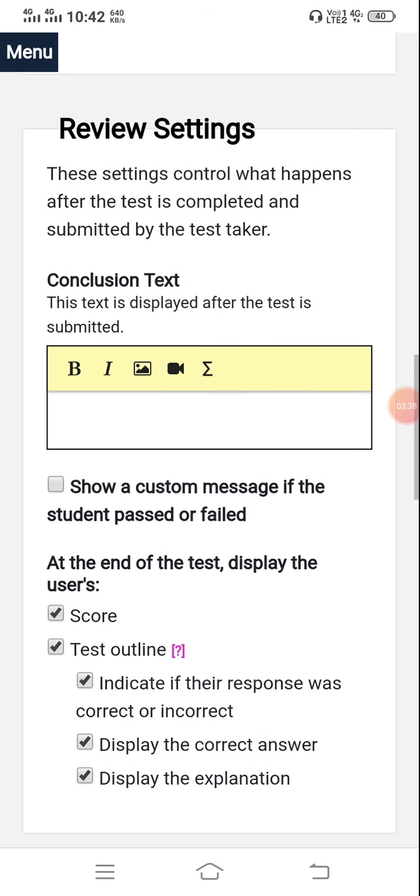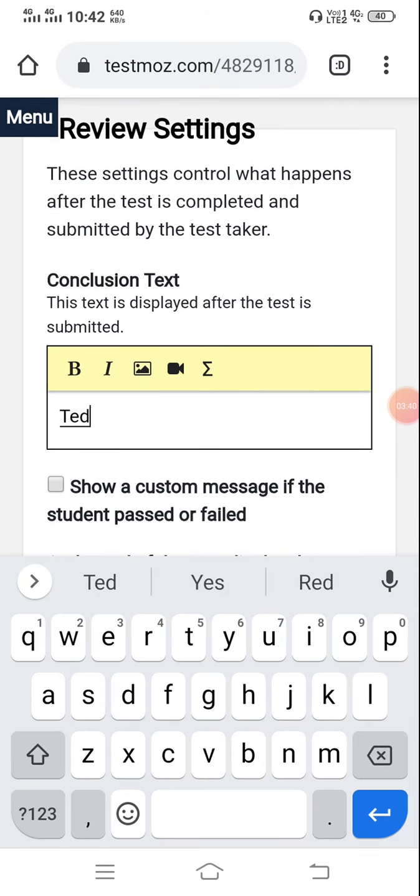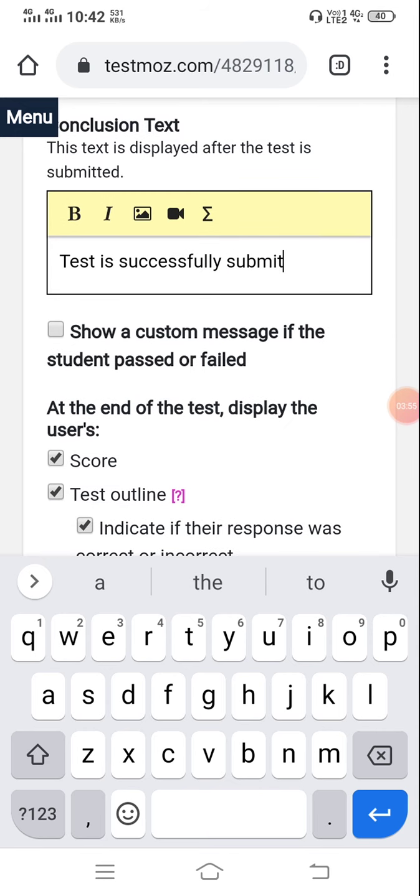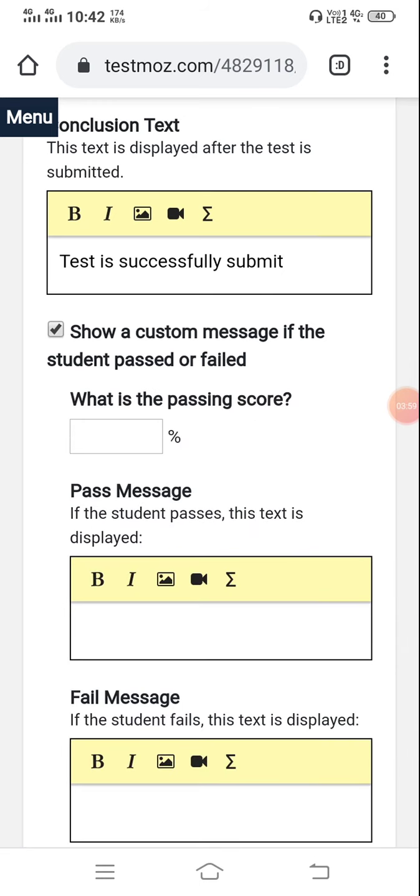Next, for the review settings, conclusion of the test. For the acknowledgement of the test, here I am writing: test is successfully submitted. This is the acknowledgement to the participant. And next, just click on show a custom message.